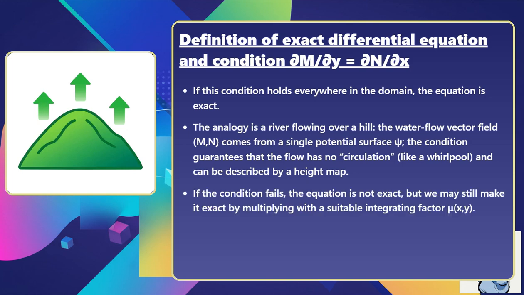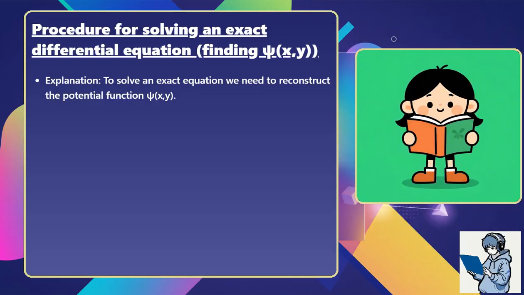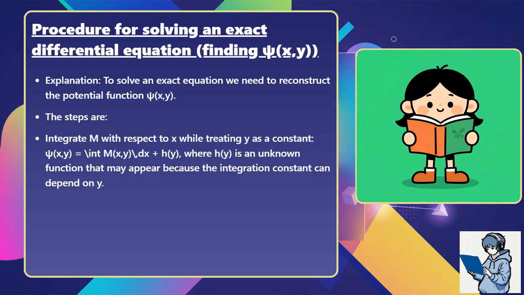If the condition fails, the equation is not exact, but we may still make it exact by multiplying with a suitable integrating factor mu(x,y). To solve an exact equation, we need to reconstruct the potential function psi(x,y). The steps are: integrate M with respect to x while treating y as a constant. Psi(x,y) = integral of M(x,y) dx + h(y), where h(y) is an unknown function